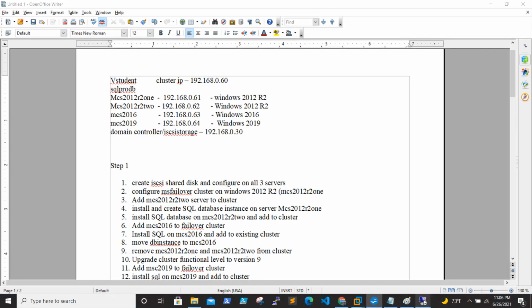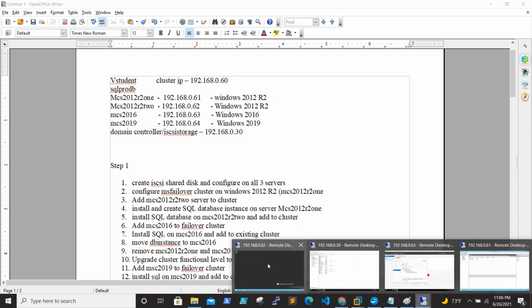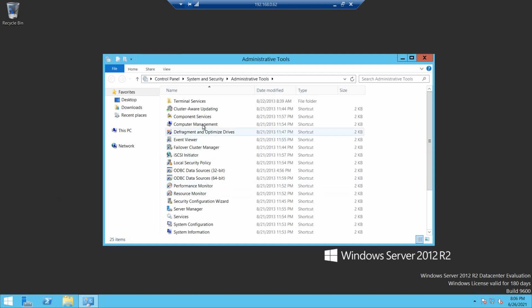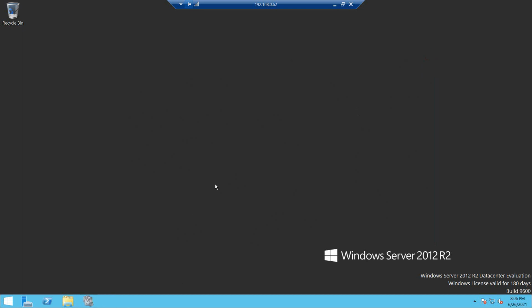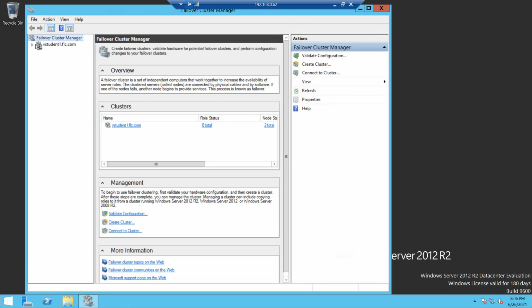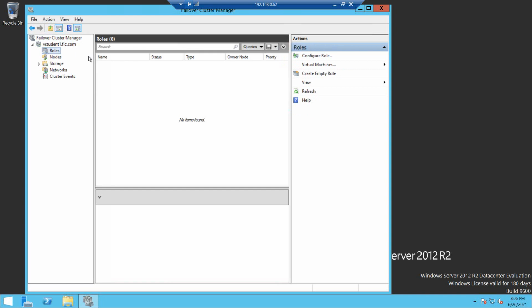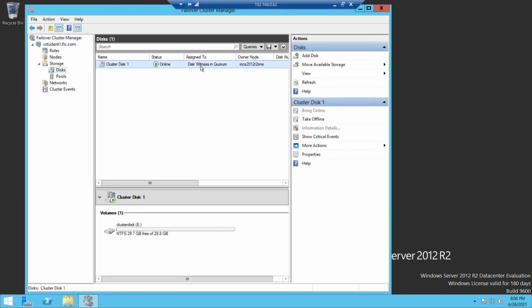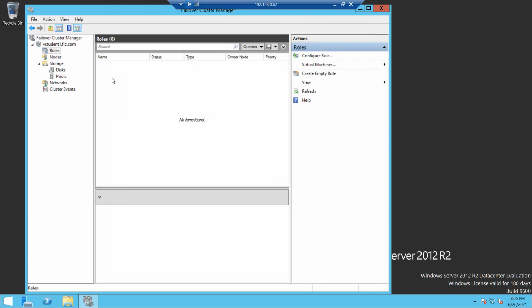If you go to 62 and run Failover Cluster, the 2 nodes are here, and the storage disk, which is our 30 GB quorum disk, the NAS disk, is here. This is added, so it looks good now.